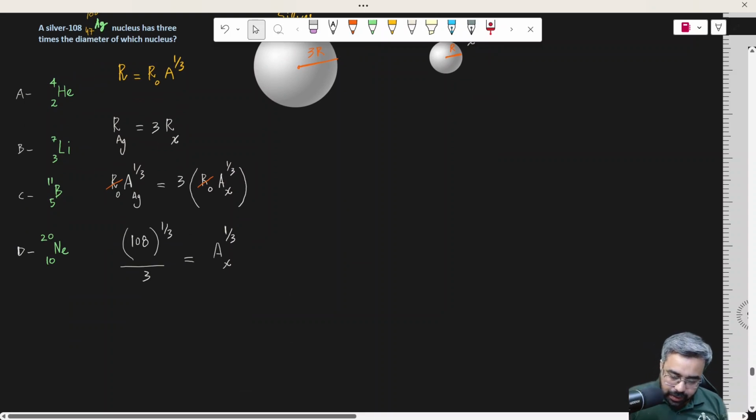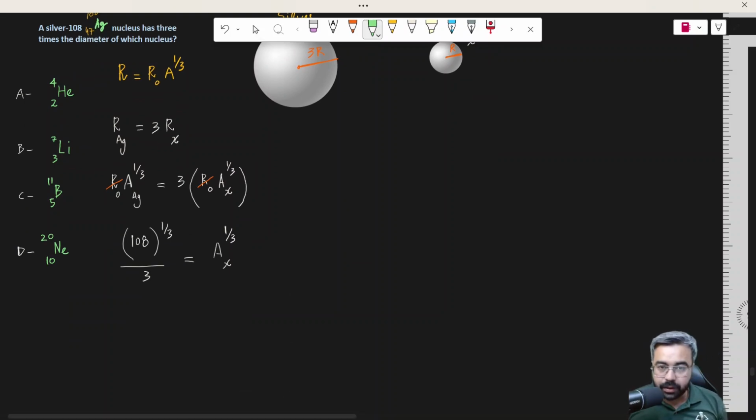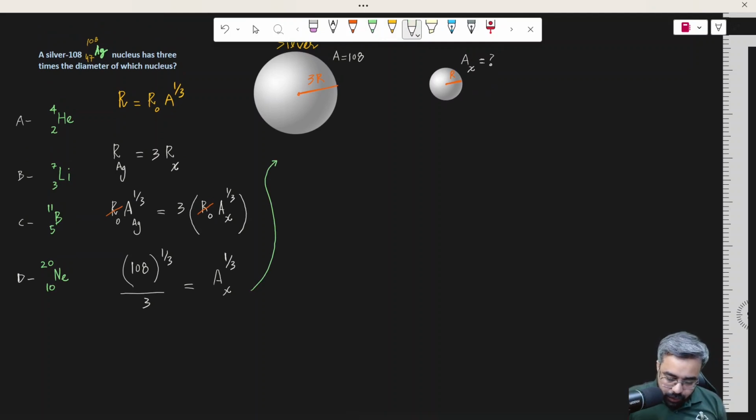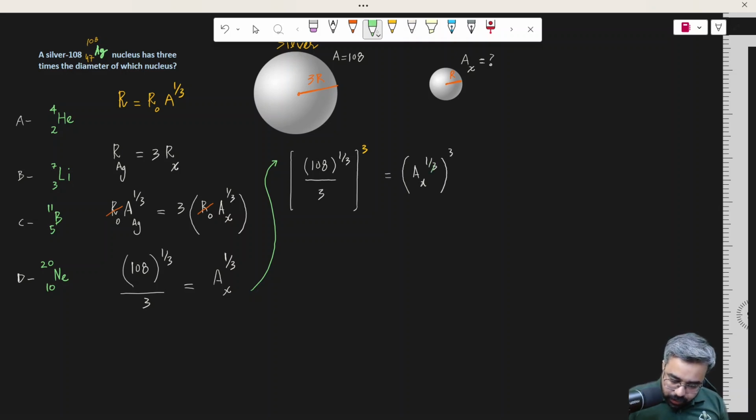So what if I take the third power on both sides? If I take a cube on both sides of the equation, to get rid of this one third, I'm going to take a cube as well here to balance this, right? So it is cancelled out, whereas you can open the bracket and take the cube in the numerator and denominator. So what you will get eventually is 108 raised to power 3 over 3 raised to power 3